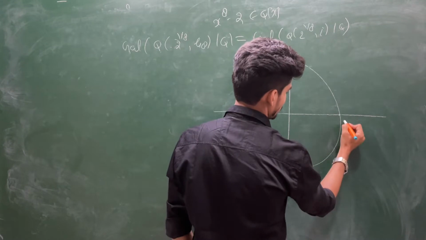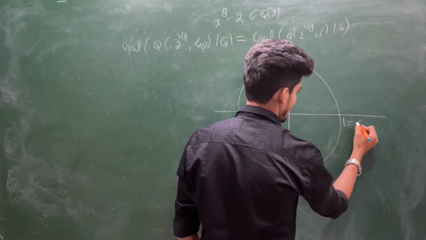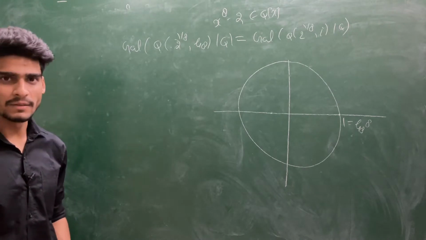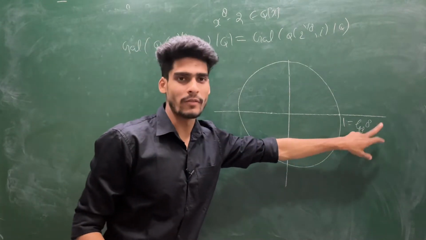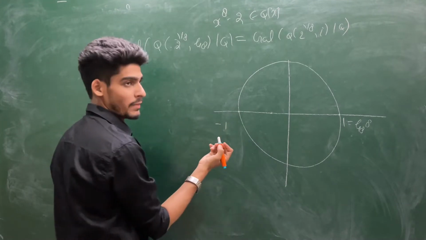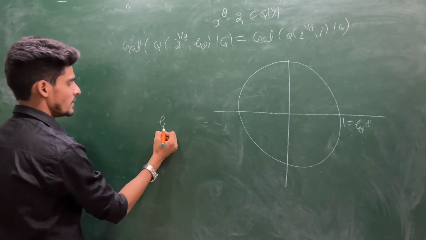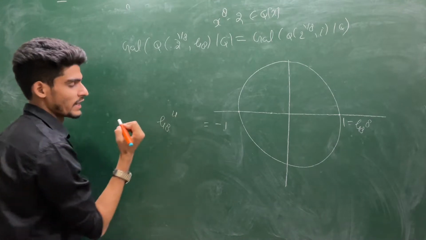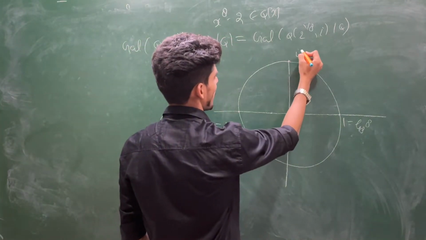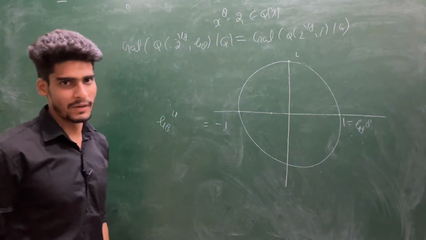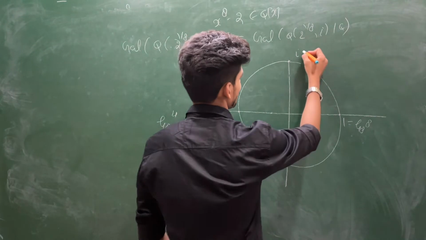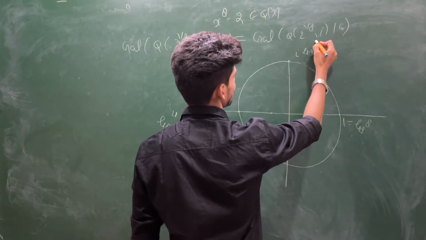Say this is one element which you can think of as zeta 8 to the power 8, because zeta 8 is an 8th primitive root of unity. If you take the 8th power, you will have 1. Consequently, you can write here minus 1, which you can think of as zeta 8 to the power 4 actually. Here you can think of iota, because iota is a 4th primitive root of unity, so it must be an element of this. So this you can think of as zeta 8 square.